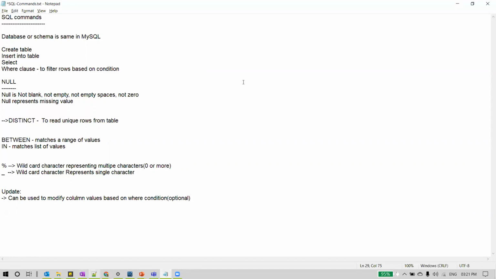If you do not specify the condition, that will be applied for all the rows. And can be applied on more than one column at a time. This is about the update statement.